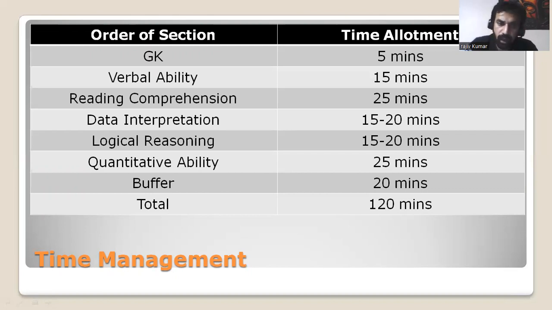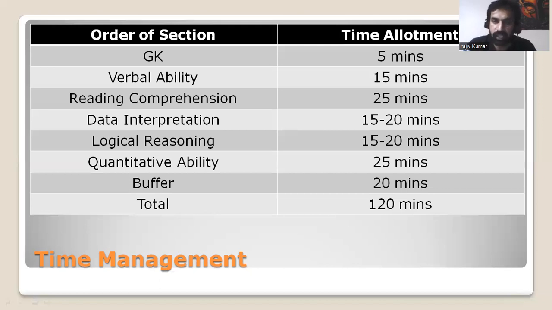Cons, 25 minutes around, and keep some buffer time, so that once you start with your exam, and you have put 10 minutes or 15 minutes or 20 minutes in some sections, you know how are the other questions in that section, right? So if you're doing a scan of the questions to solve some questions, you know how this paper and how this section comes out to be. Like, for example, the logical reasoning this time would be an easier one, or let's say verbal ability is an easier one. So in that case, you can put this buffer time in that,